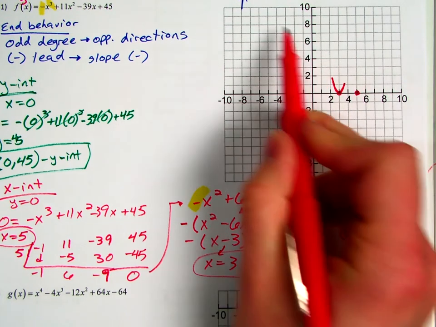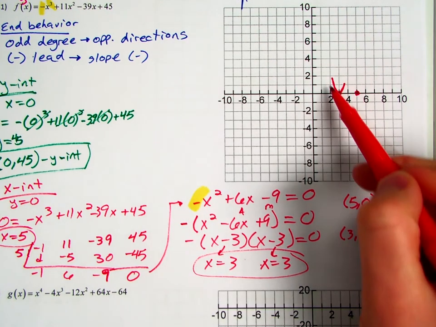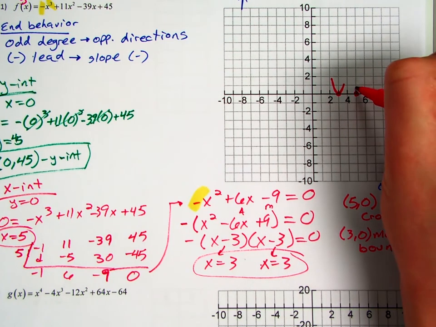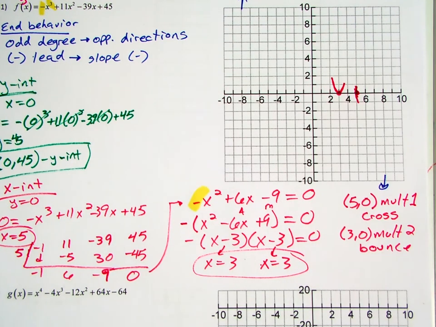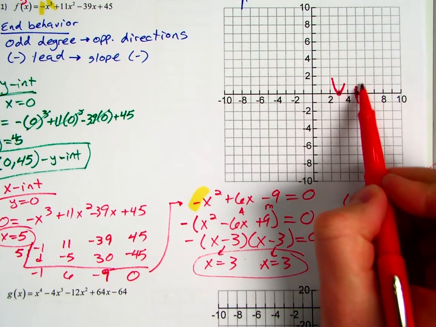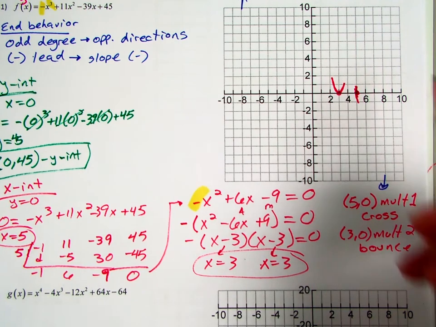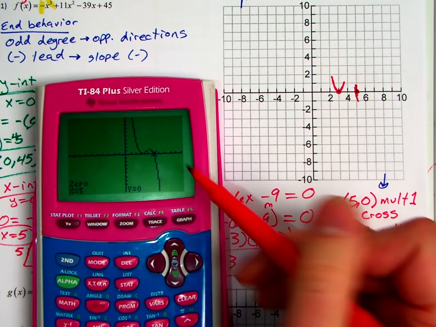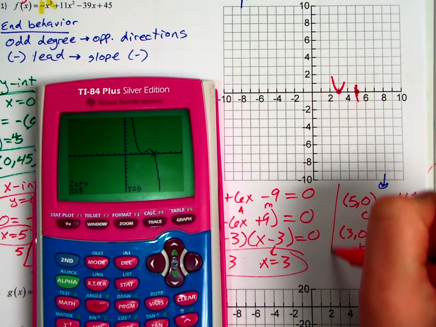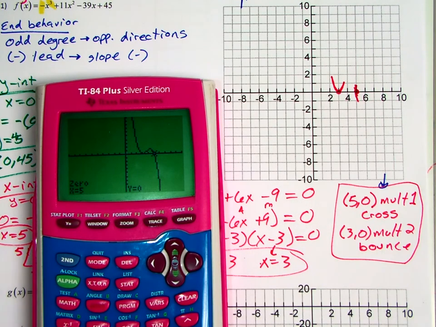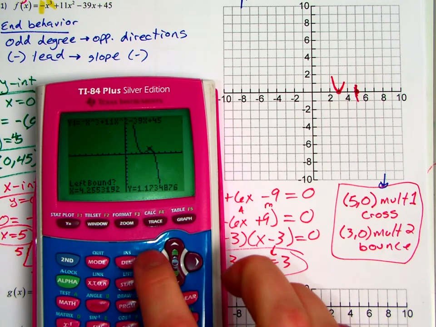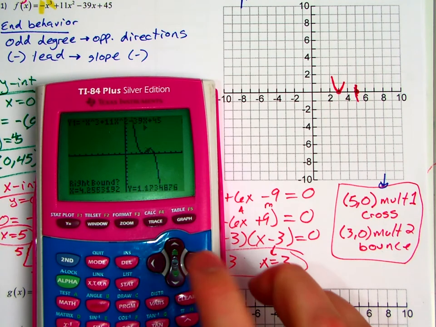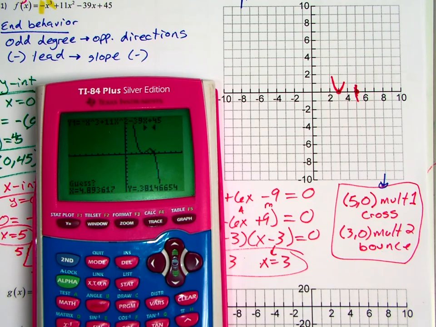So I know here we're going to have a bounce happening. And I know it's coming from this direction because we're starting up high, so it'll bounce, and then it'll cross going this direction. But to figure out here is going to be the important part. So I need to figure out what's happening at that spot. And that also I can tell by looking at my calculator because there's a maximum here. So then I need to go ahead and calculate that maximum. So we'll go to calculate, and I'll go to the left of what I think the maximum is. That's the maximum, so I go to the right, press enter,